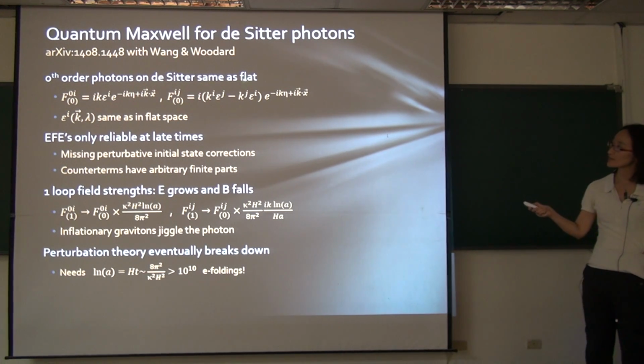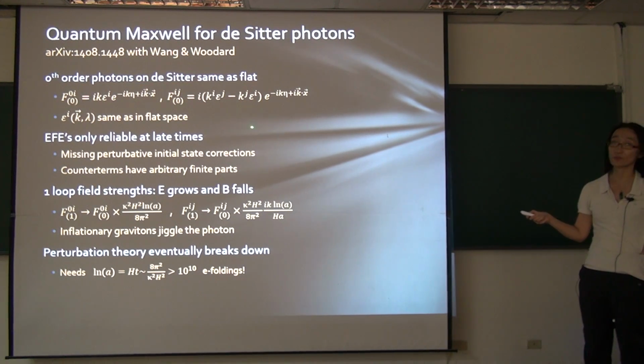After we have that, you can study the dynamical photon. With the source equal to 0, we find out the zeroth order mode function, the electric part and magnetic part, is exactly the same as in phase space-time. But this is not surprising because you know the photon in EM is actually a conformally invariant theory, so it must